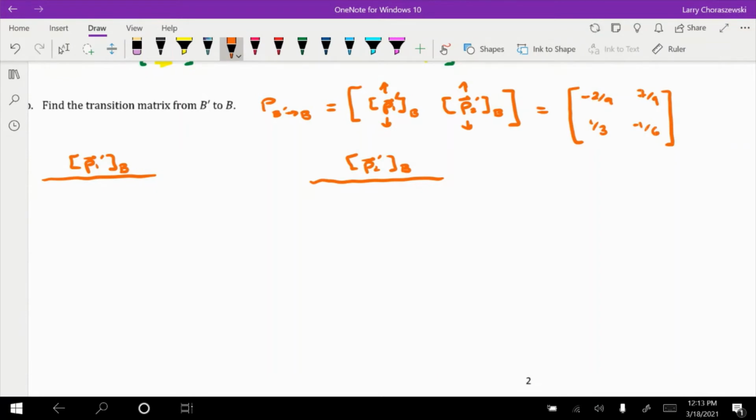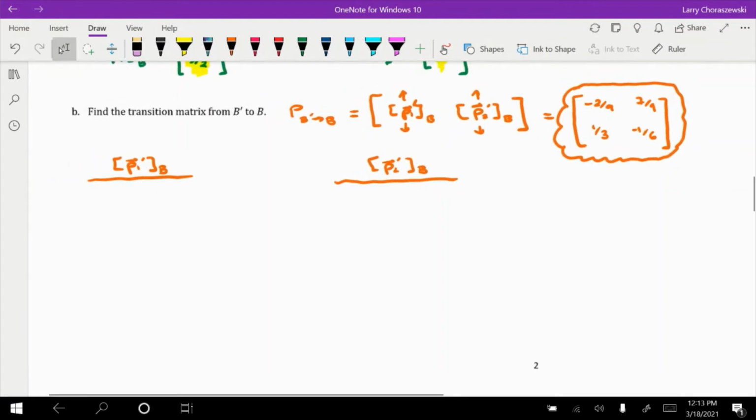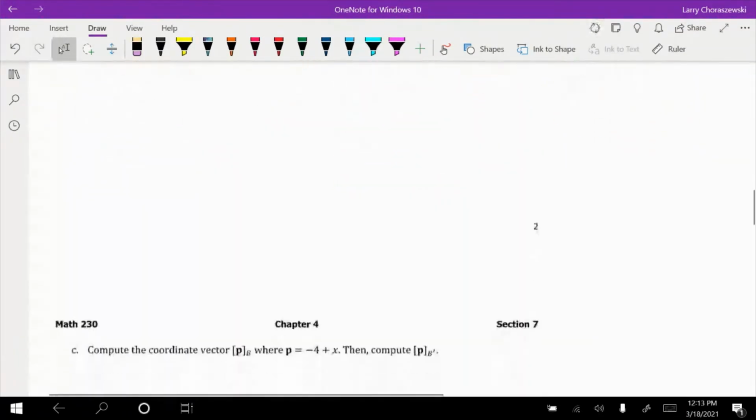All right, cool. Very good. It happens to be the inverse of the matrix that we found in part A. So just a little secret. Now for part C,